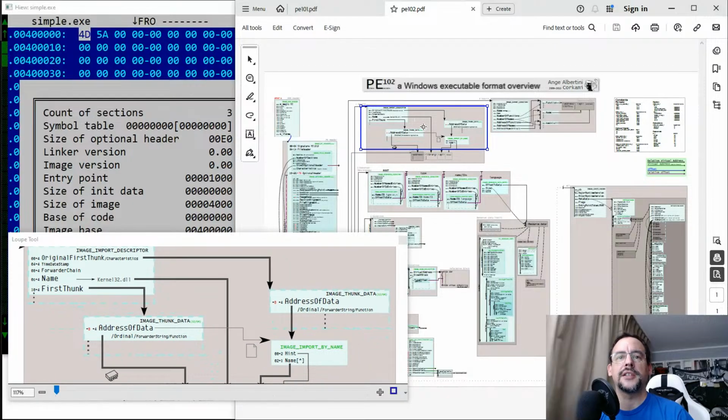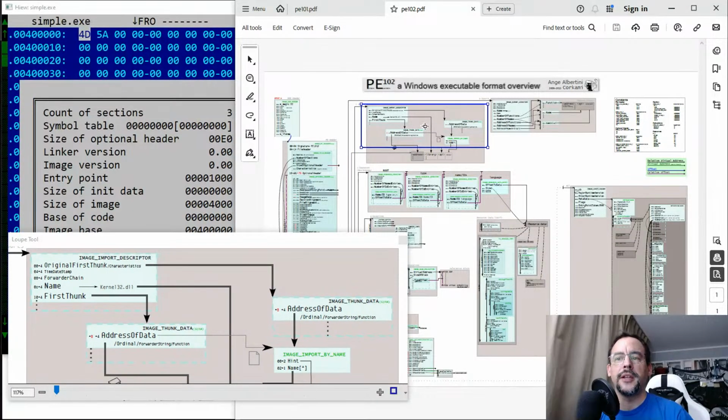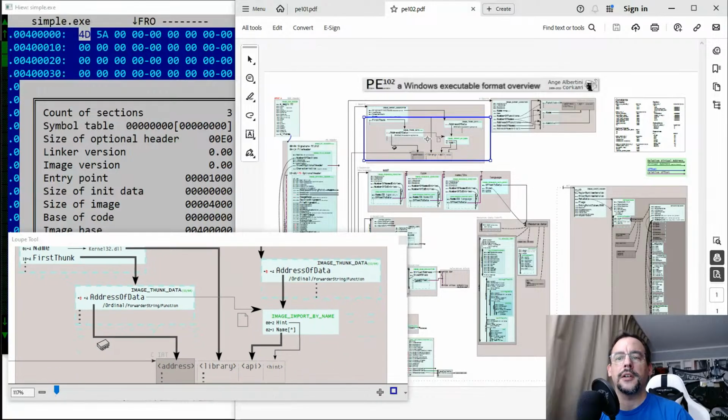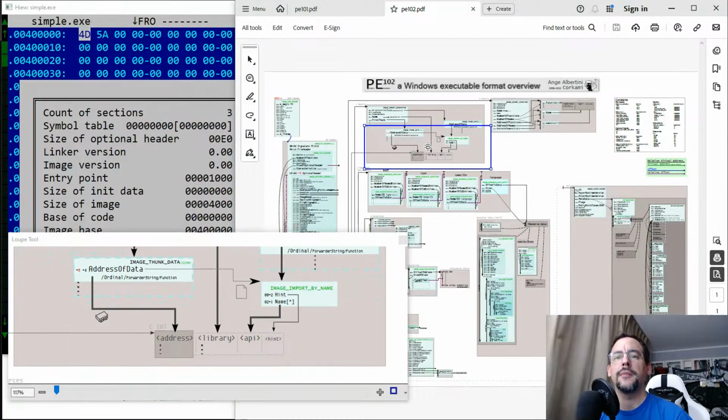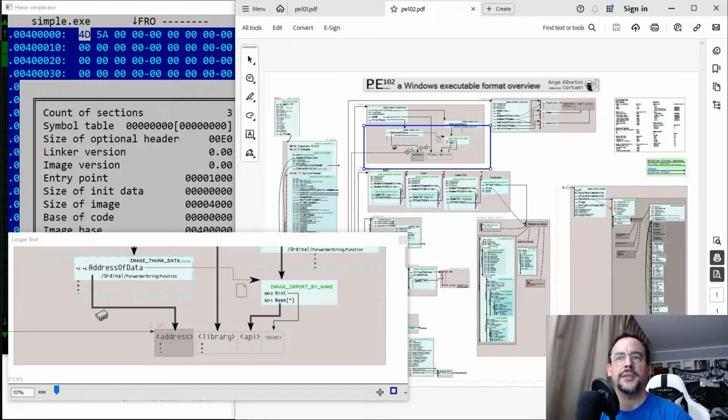And basically, the two thunks will be used in parallel to tell which name of which function should be put where. You see, it's building a table in memory, which is called the import address table,